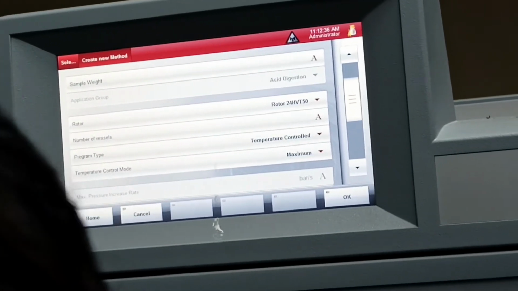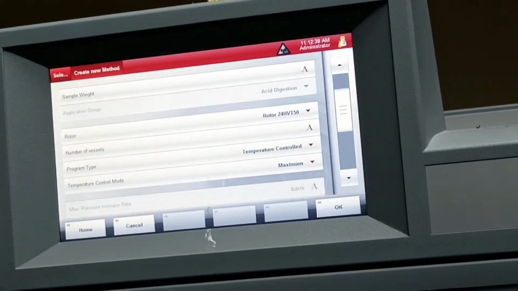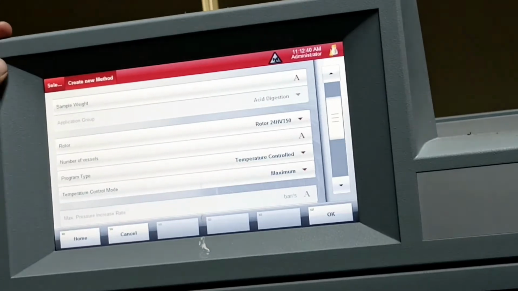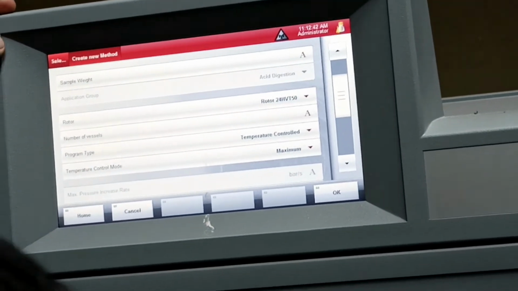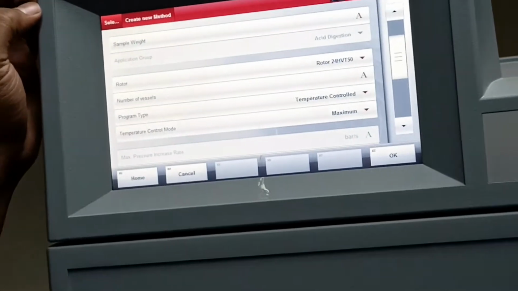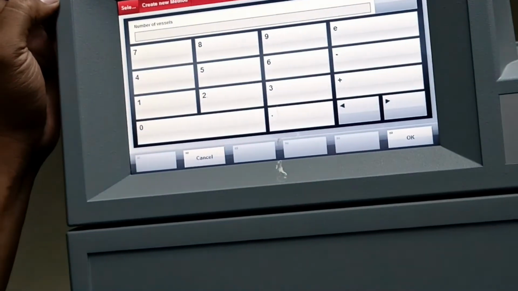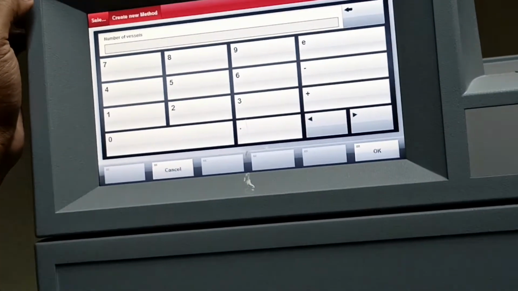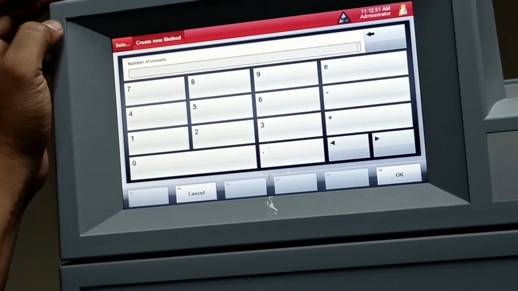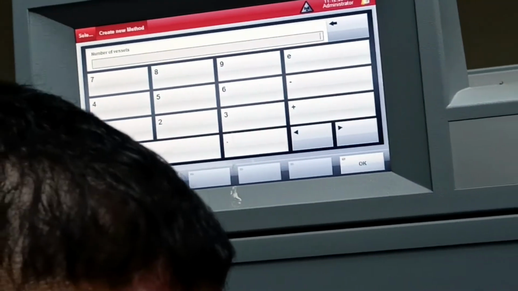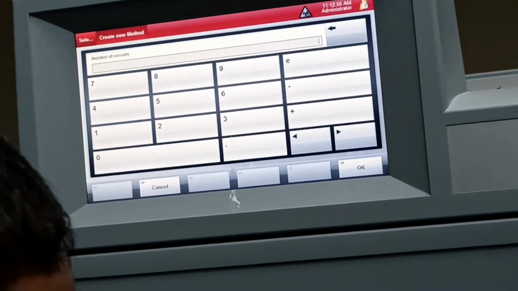The tabs available are number of vessels, program type, temperature control mode. One by one we'll go to that. Number of vessels will be in multiples of 4. If you are taking 4 vessels, you write 4. With the number of vessels, you will be restricted to some power.